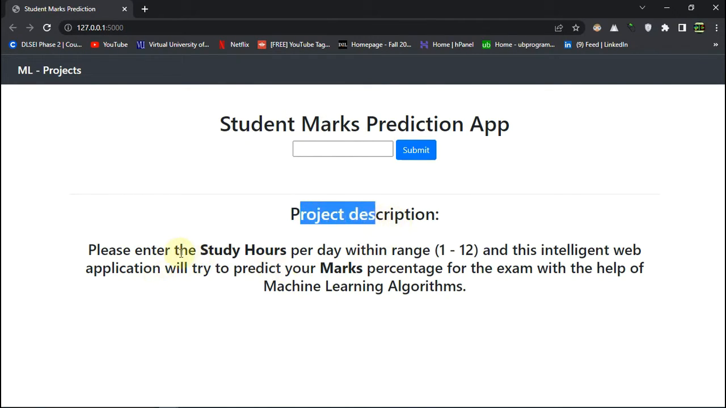So what you have to do in order to use this application is enter the study hours per day, right? So how much time you are going to spend studying per day, and obviously the range should be 1 to 12 hours, since we can't study more than 12, or maybe some people can, right? But this is general, and this intelligent website application will try to predict your marks percentage for the exam